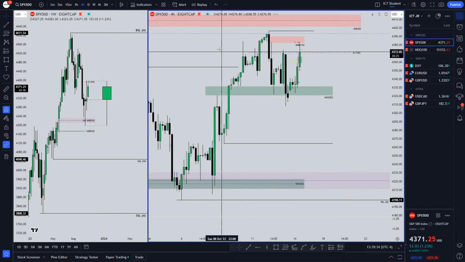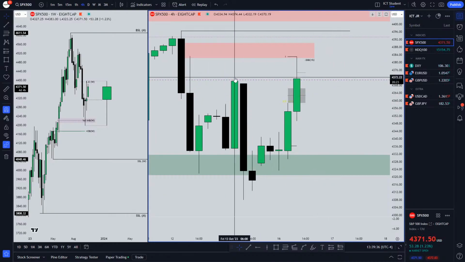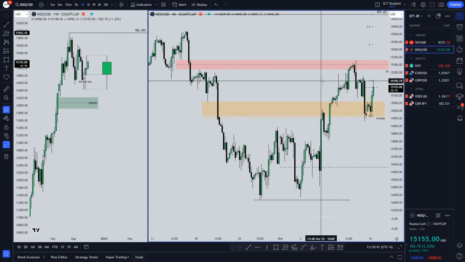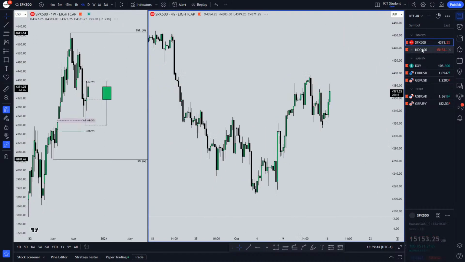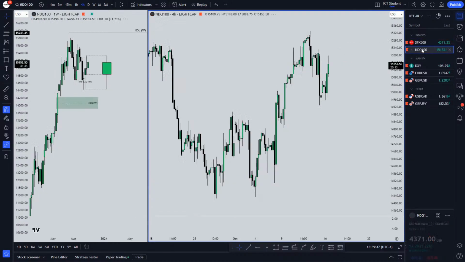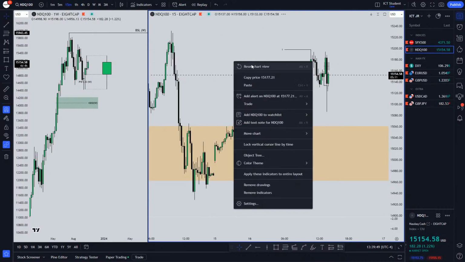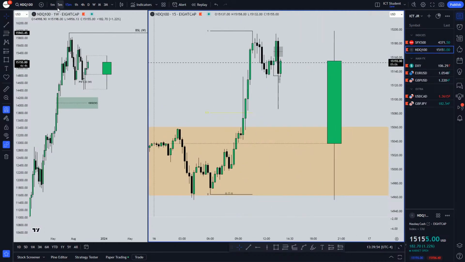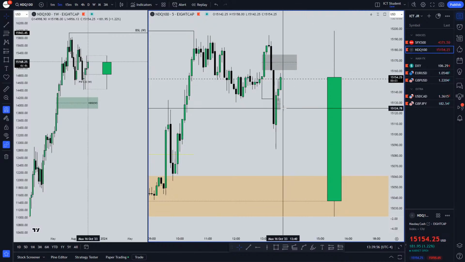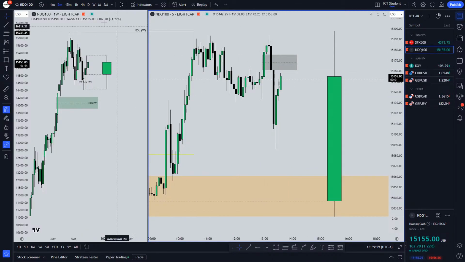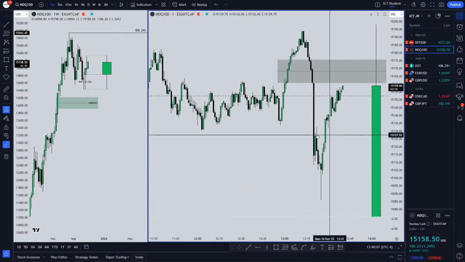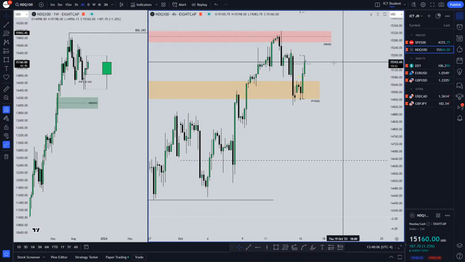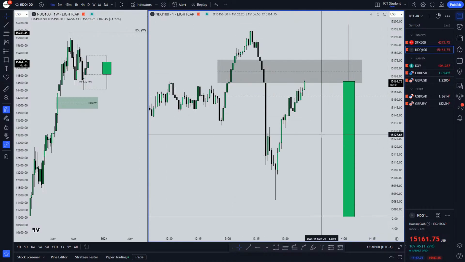SPX took Friday's high unlike NAS. Friday's high right here. Yeah. SPX has been the stronger one recently. But I do think we're going to take out some buy side before we rally lower. NQ looks like it's better to reach back up into that buy side imbalance. I mean that balanced price range. That's kind of what I'm watching right now. And then it's the 15 minutes. What is the consequent encroachment? Oh, that order block. That's why I need to label stuff, man.